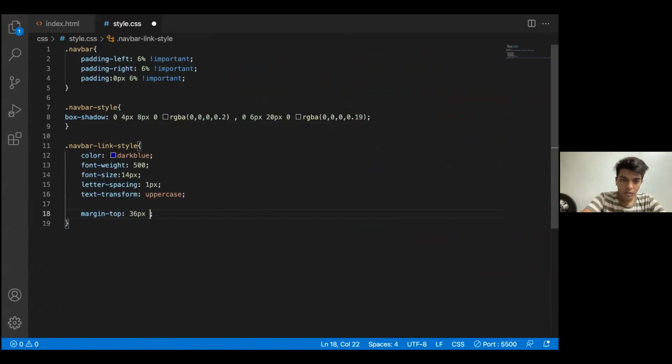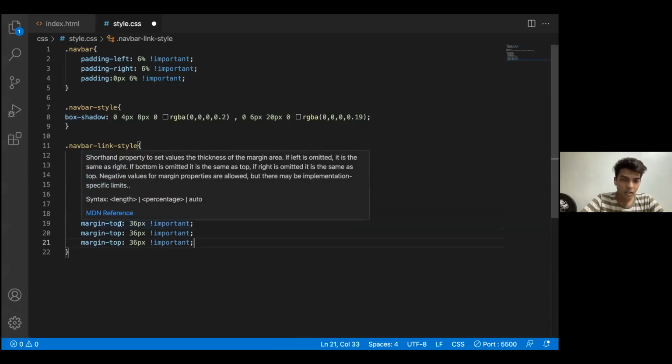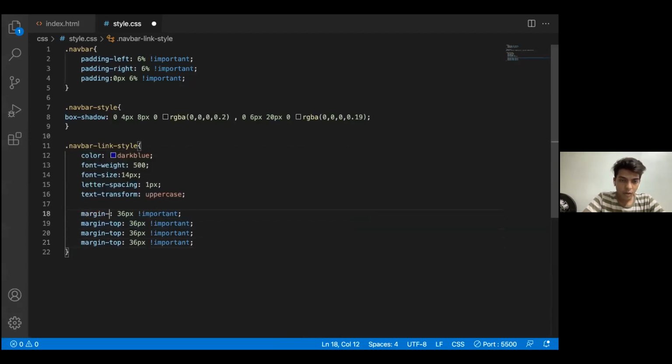And I want this as important. In the same way, I'll also be doing my other margins. That will be margin bottom, this will be for margin left, and this will be for margin right. The first is margin left that I want.